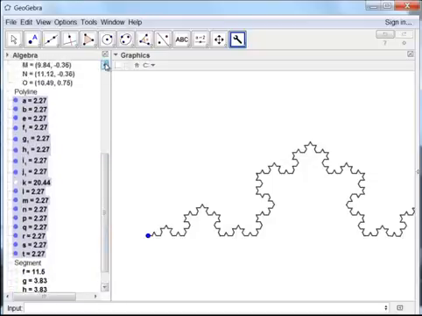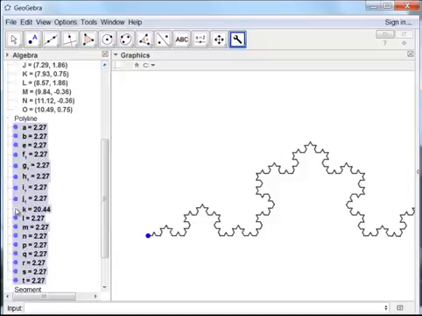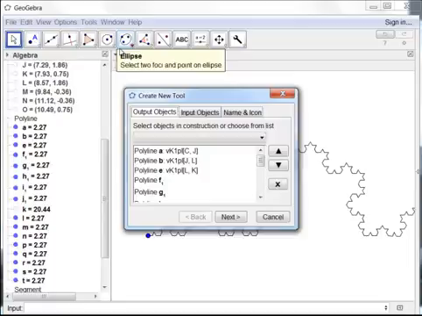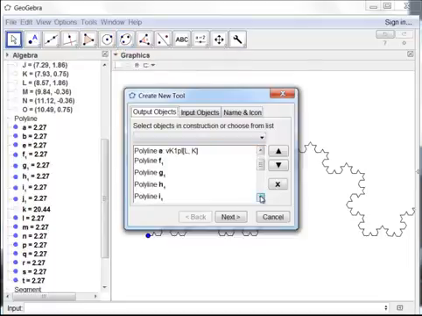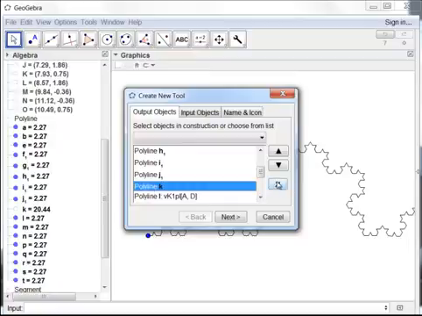Alright, and I'm keeping in mind that I really don't want the K one. It's not lit up here, but if it shows up in my toolbox, I will take it out. So I'm going to go Tool, Create New Tool, and I'm going to just look and make sure that K is not there, and it is there. So I'm going to take it out,